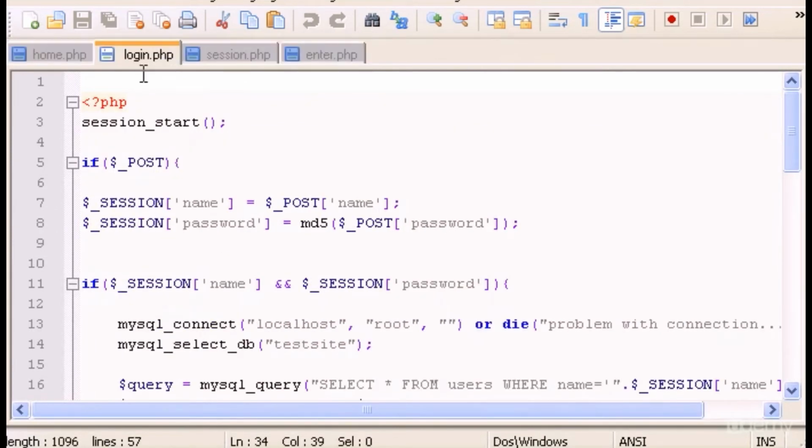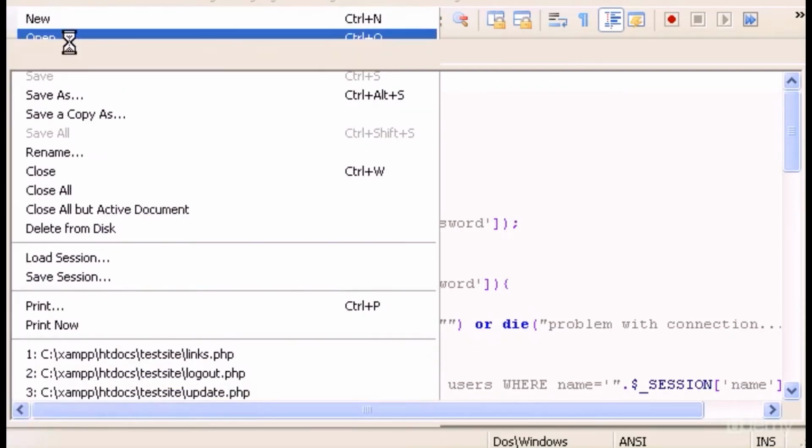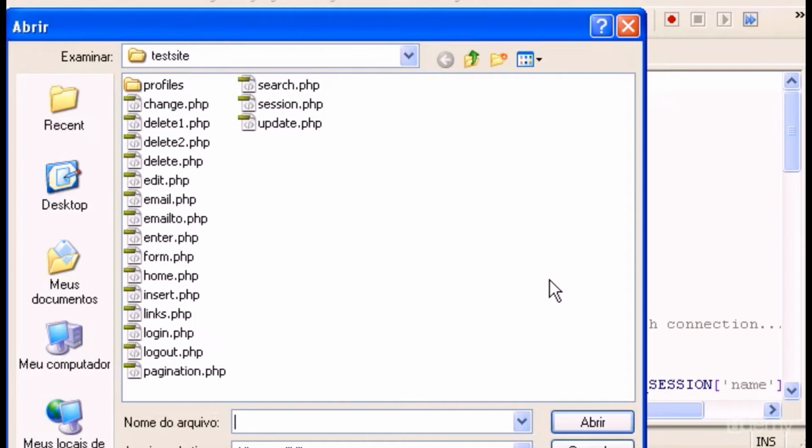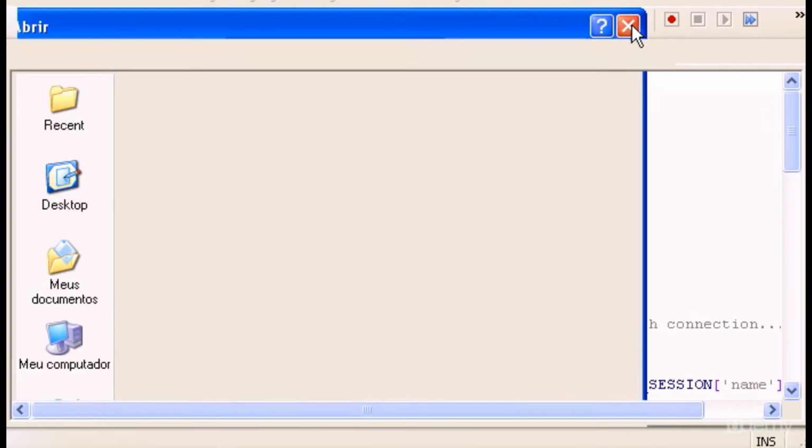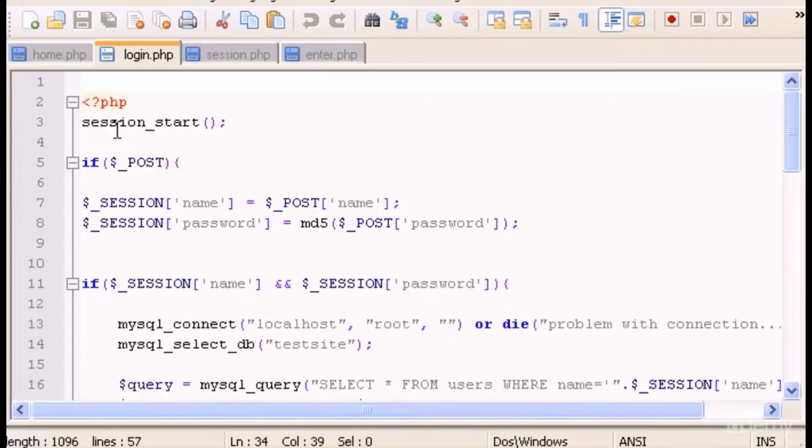So, for example, we have login.php. If I was searching for the script that processes the login, I would go directly to login.php, because probably this is where the script is, or the form is in here because I named it form. Or for example, edit, the script that edits and updates the user, it's here, and delete it's here. So it's pretty much self-explanatory how we can search for that if we use raw